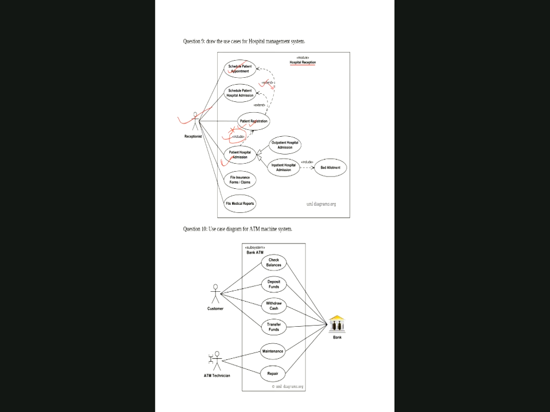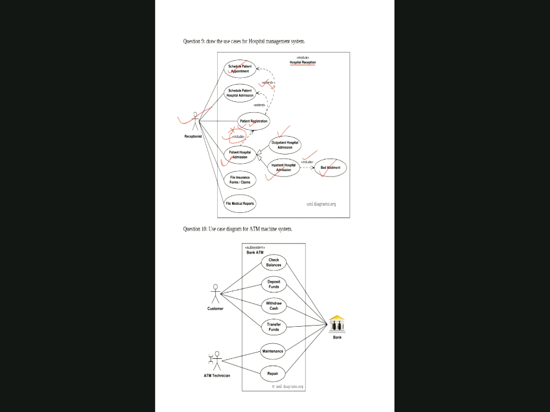Okay. So now the patients who come to the hospital are of two types. One is outpatient, another is inpatient. What do you mean by outpatient? The patient who comes to the hospital, takes treatment from the doctor, takes advice and medicines and goes home. They are all outpatients. Inpatient means the patient who comes to the hospital and the doctor advises that your health is not good, you must be admitted. When he is admitted into the hospital, a bed should be allocated to him. If he is admitted, giving a bed is included. It is not optional, right? That's why I write here include.